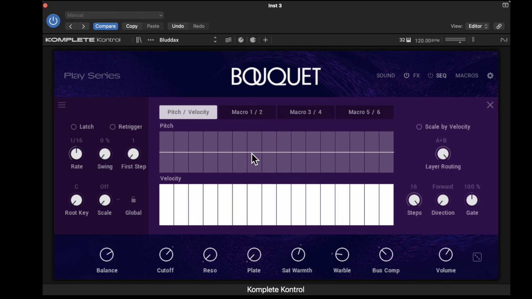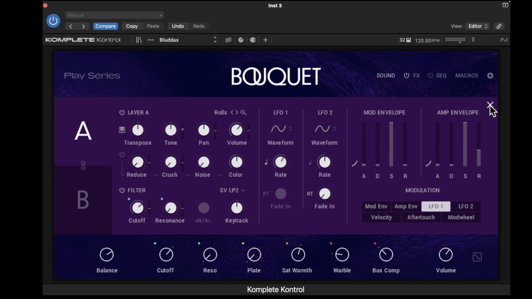Every Play instrument comes with a sequencer, so you've got some potential here. Turn the sequencer on. So what you can see here is we've taken the idea of raw samples, built them into an instrument, and added all of these parameters for controlling the modulation and the LFO, the envelopes, the layering, to come up with some really complex sounds. So this goes way beyond what we started with in that group 1,